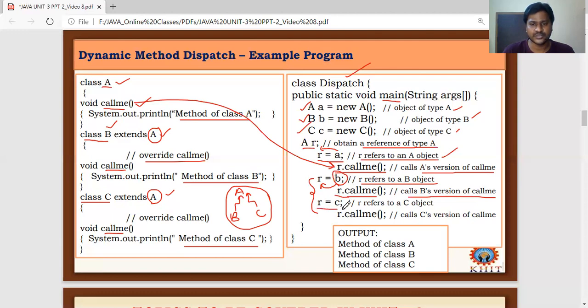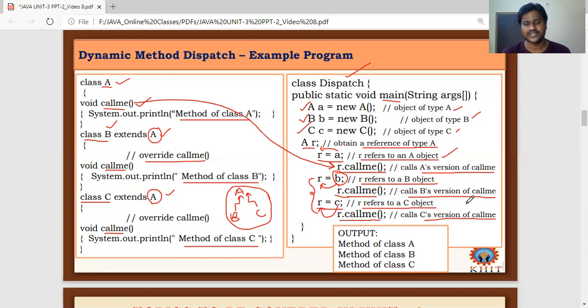And coming to the next one, r equal to c. C is also a subclass of A, and this object is assigned to a superclass reference variable. Then it refers to the C class object now. So when you call r.callme, it calls the C class version of the callme method.